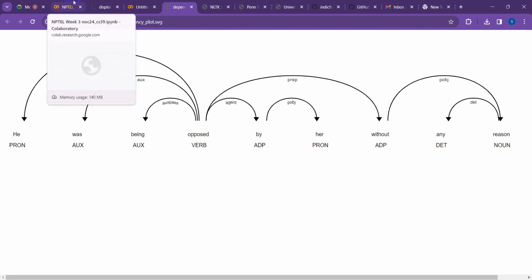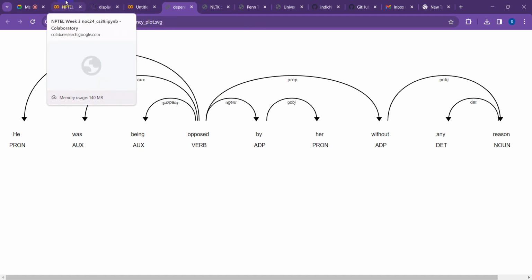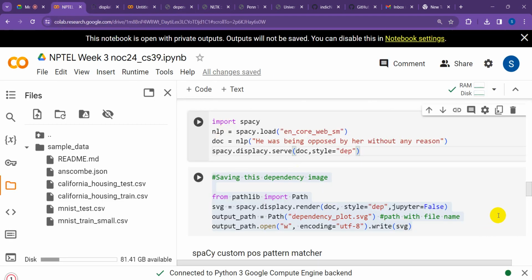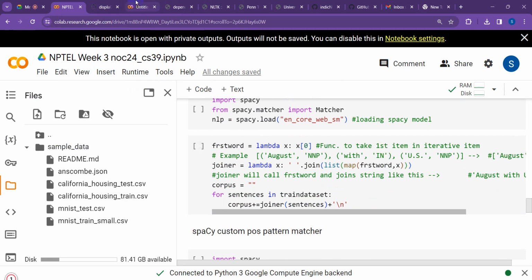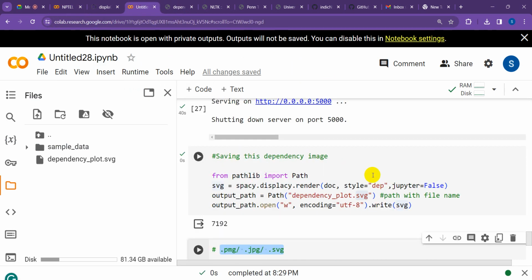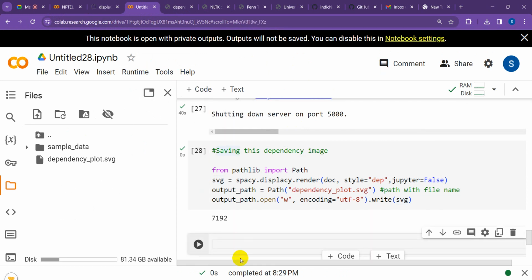ठीक है? So, and these are the dependency parses which you will see in the future lectures, and we will discuss them in more detail. And yet another thing you can do is a pattern matcher. Like, let's say when we are filling some online Google forms or application for some admission, it says that the password should have one uppercase,